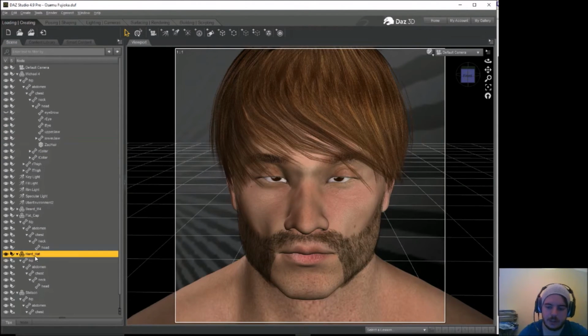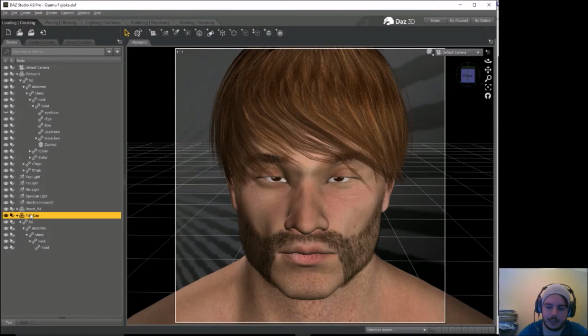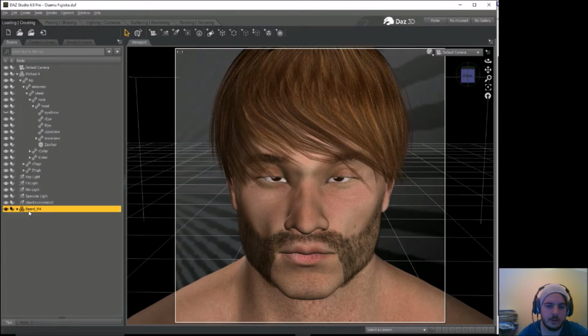Hard hat. Why the frick is there still a hard hat in the scene? Get rid of that, thank you. Get rid of the Stetson, thank you. Get rid of the flat cap, thank you. Okay, so on the beard,